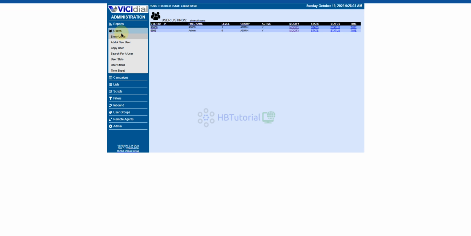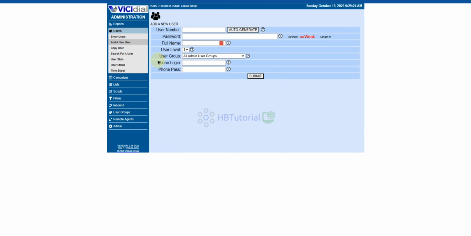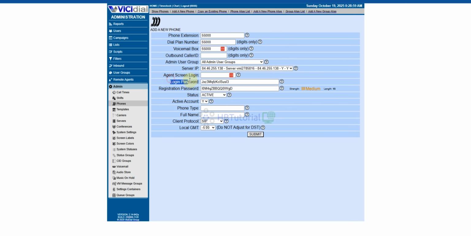When you create here, for example, you're going to add the user now. You will see your phone login and password. These two should match: the agent screen login and the login password.